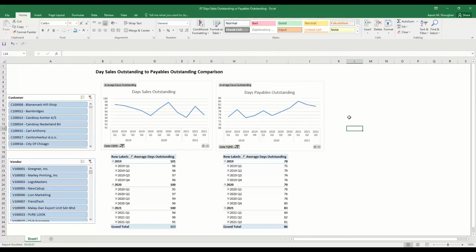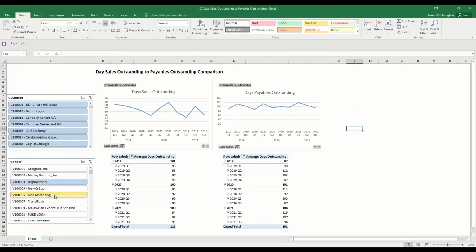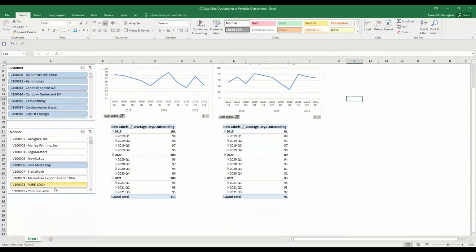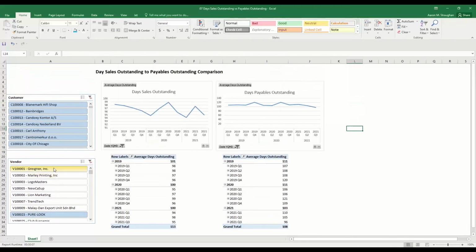And then beyond that, we can start to dive into this. We will look at quarter by quarter, year over year. If we want to start diving into particular vendors to try to understand, what was this vendor? What does their payment cycle look like? Is there something we can do about that? Are these the guys who are dragging down the average? We have the ability to easily sift through the data in real time and compare across those different data